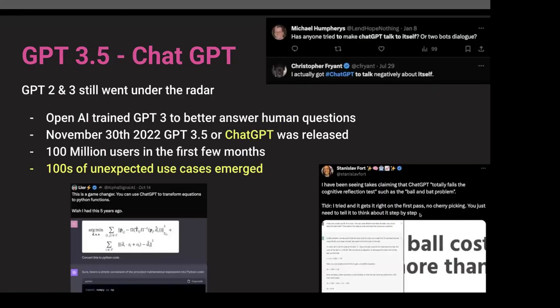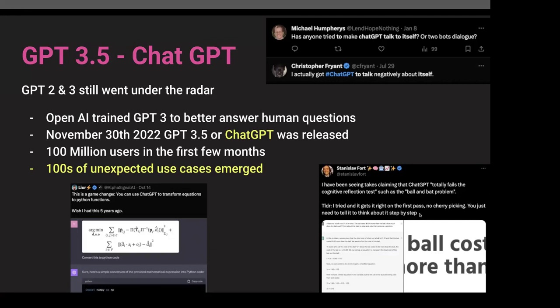So GPT-3 was still pretty much under the radar. If you go back and look at the archives, when they produced those things, there was a little bit of news flurry around things like it's going to be able to be used for disinformation, but there wasn't really that much of a public outpouring. And then, of course, they continued on and took GPT-3 with its emergent properties and its zero-shot learning and things like that. And they started training it even more to actually respond to proper human questions as a helpful assistant,